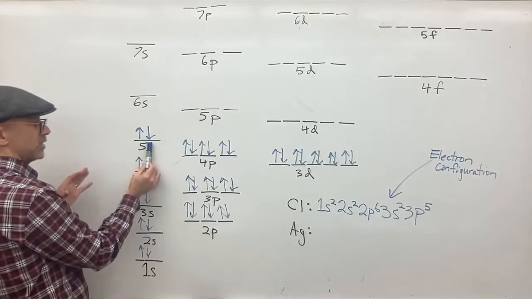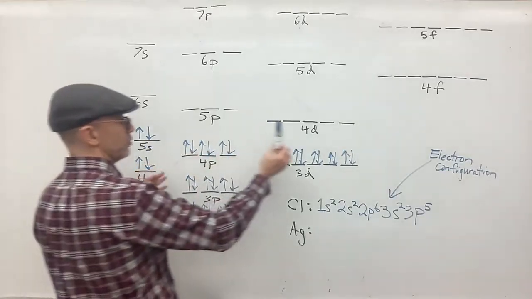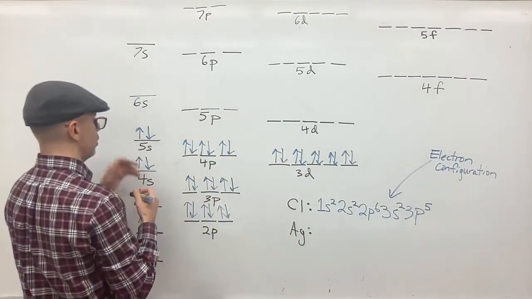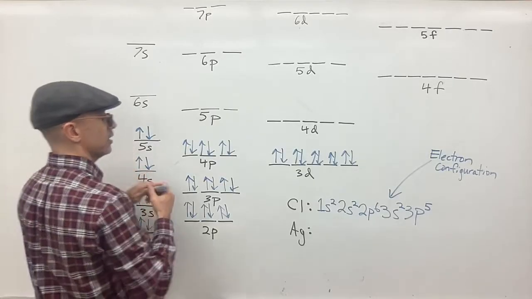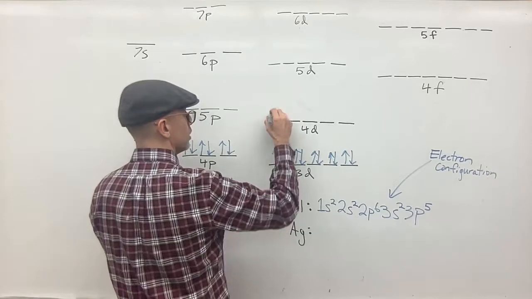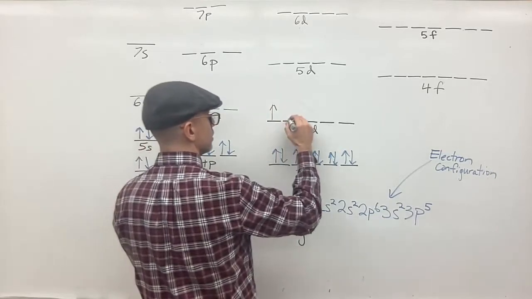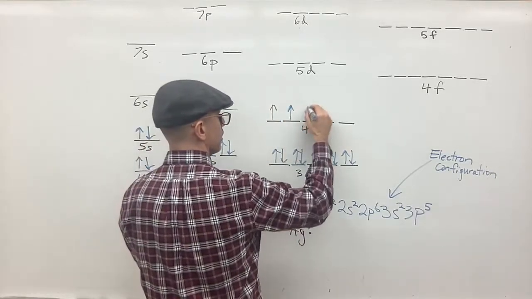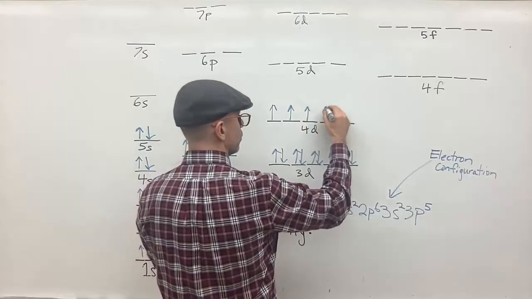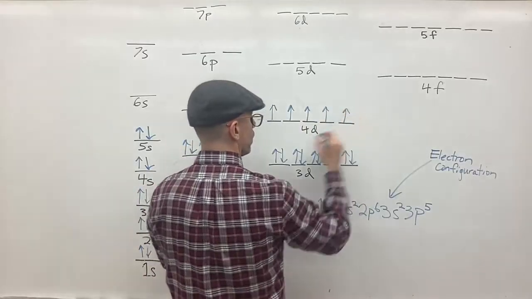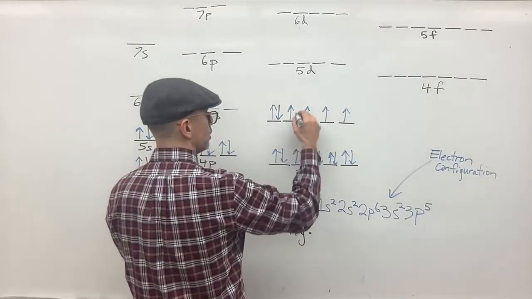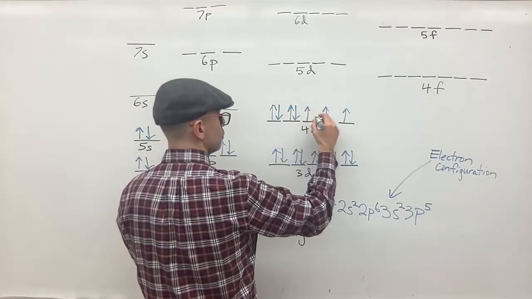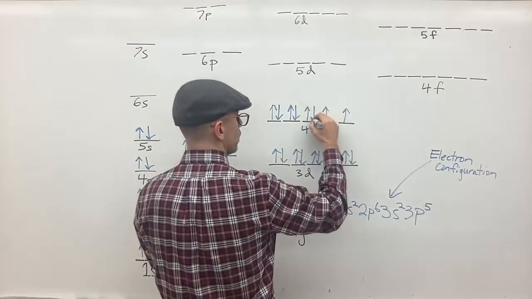And so the next one over is going to be the 4d. So we got 38. So this is going to be 36, 37, 38, 39, 40, and then 41, 42, 43,